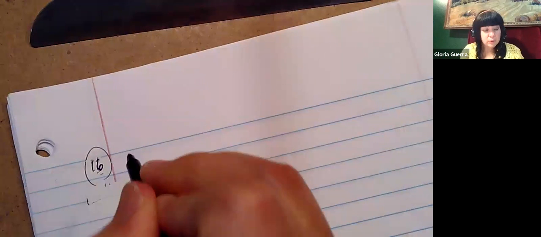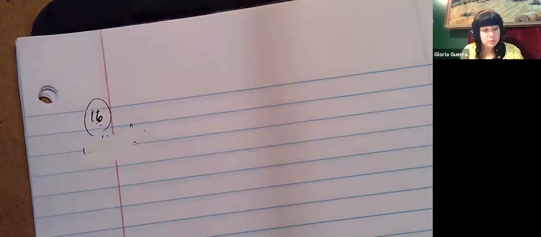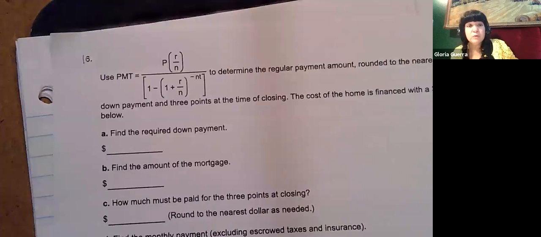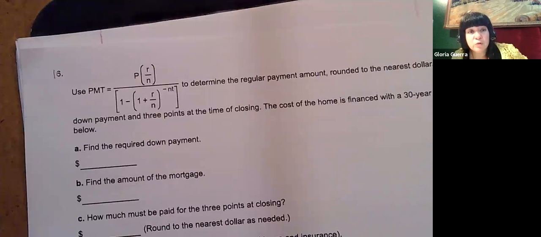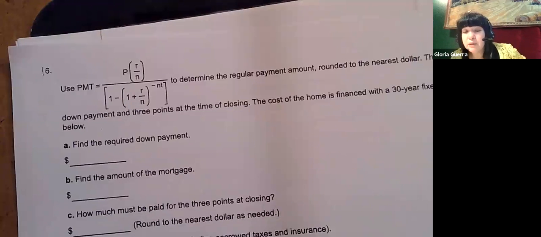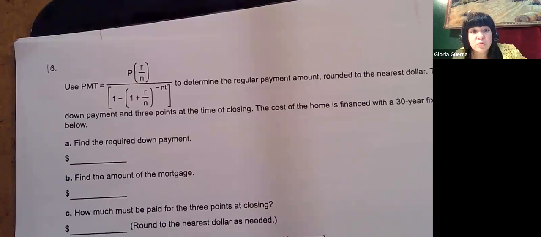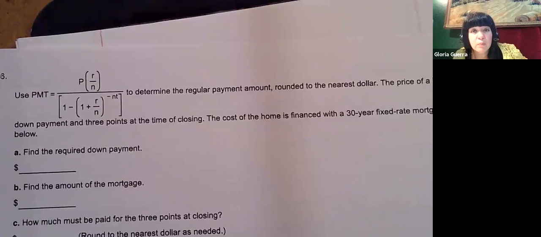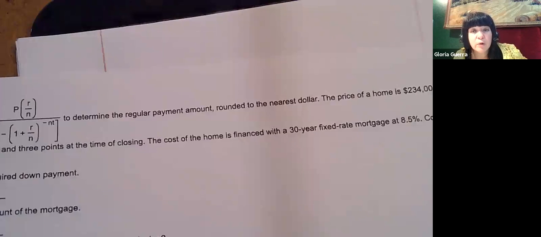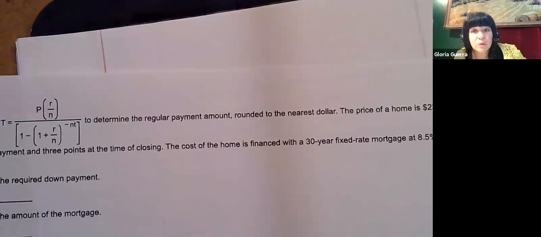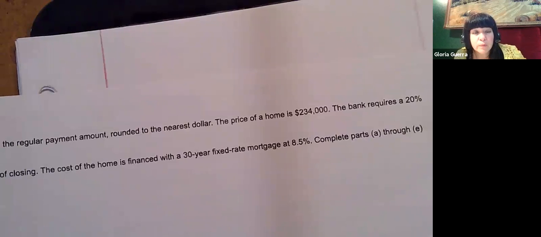Okay, 16. This one looks like they're directing us to which problem to use. It's PMT for payment, but this time it says to determine the regular payment amount. But what are we buying here? Are we buying a car again? I don't think so. It's a home, the price of a home,